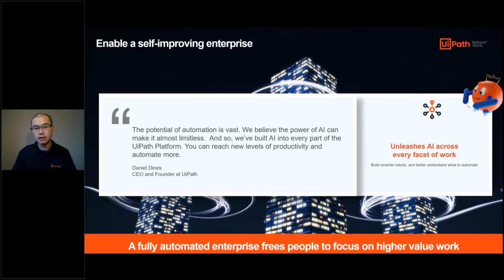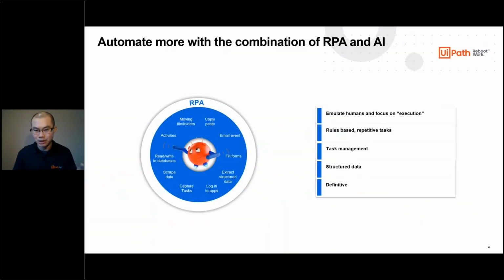The idea here is that software robots can reason over data. Once you start using artificial intelligence to help make those decisions, you start to unlock new possibilities that can transform what you can do with RPA. And this allows you to reach further levels of productivity than you could do with traditional RPA alone. So let's go a little bit more into how we think about AI layering into each of the different levels of the UiPath platform. First, a little history.